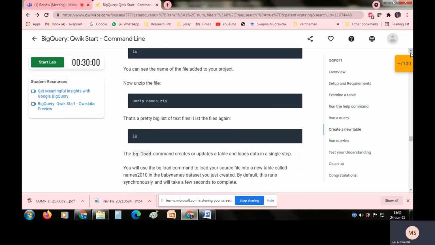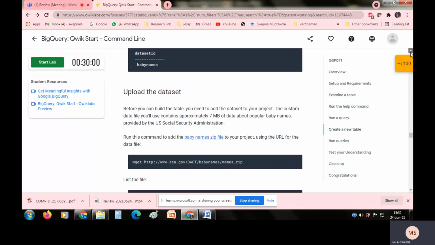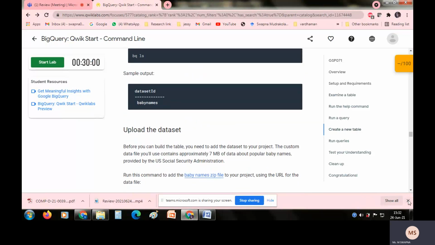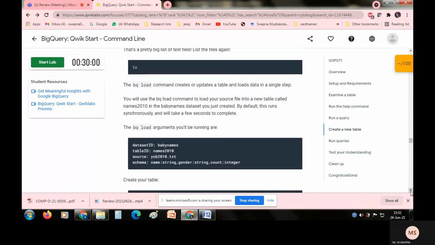So this is what we had here. What is the name you are giving for this? 2010. The bq load command loads from your source file into a new table. The new table here is names 2010.